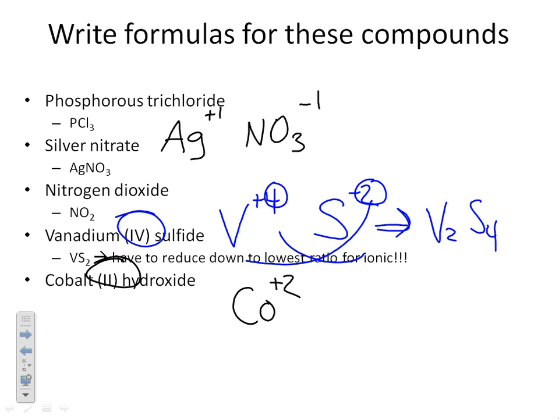Next thing that you want to do is focus on the second half of the name, the hydroxide. And you want to figure out, is that in table E? If it is in table E, in the case of the silver nitrate, then we just use the formula that's listed. If it's not in table E, as in the case of the vanadium 4 sulfide, then we know that it's monatomic and it's just a single element on its own. So we really, really always want to be checking table E to see if half of the name is there somewhere. So hydroxide, we're scanning table E, looking for hydroxide,